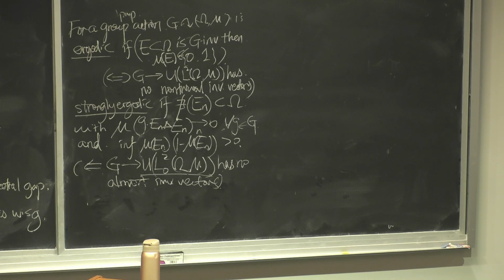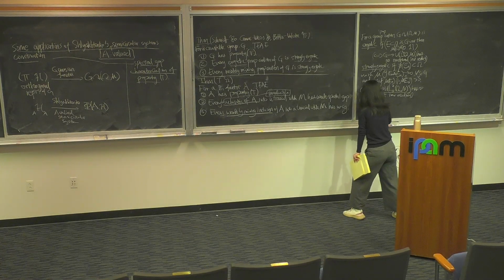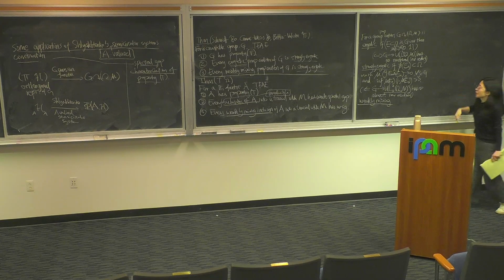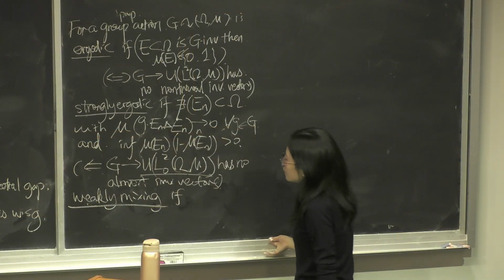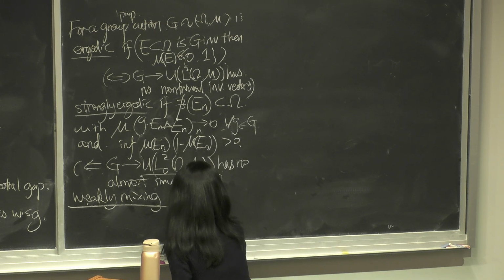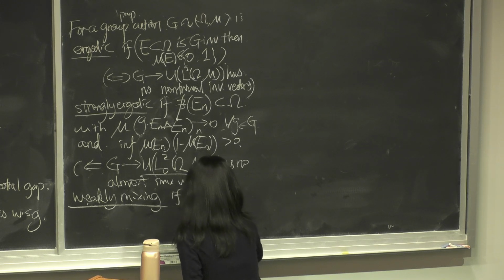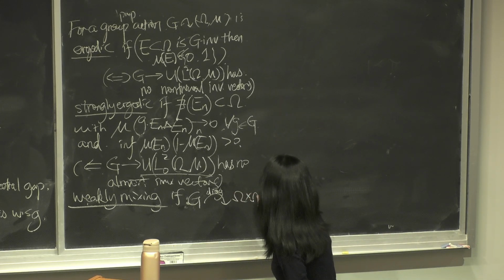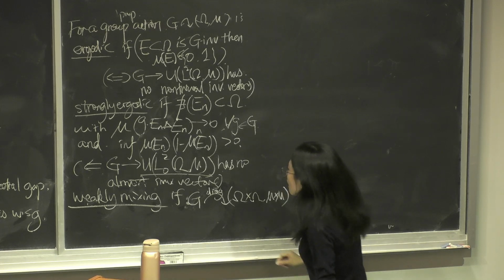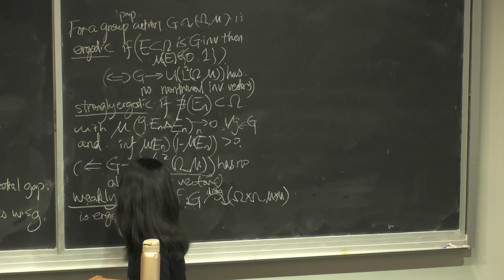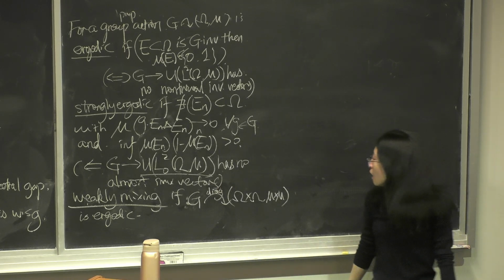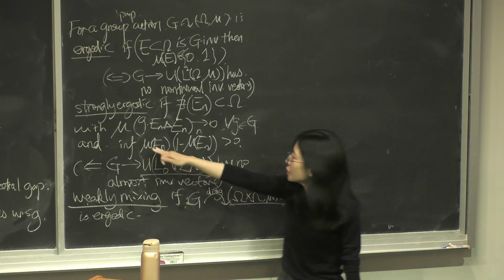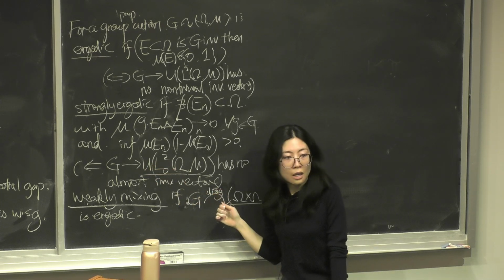And then weakly mixing. This action is weakly mixing if, when you look at the diagonal action of G into the product space, omega times omega, this is ergodic. So when you notice that the corresponding representation is just the tensor of the original representation, this tells you